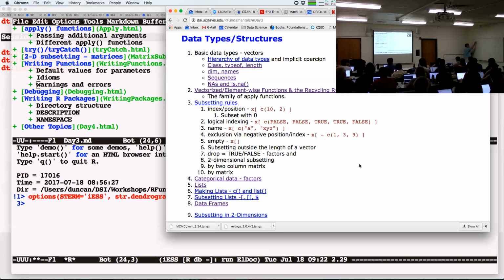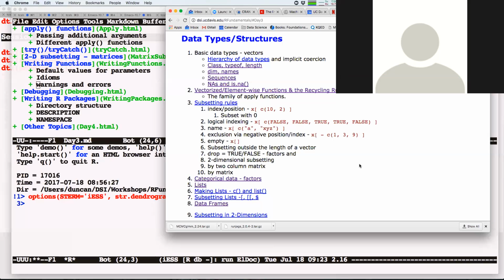And in my notes, there's a big difference between c of x and y, and list of x and y. Because if these are two vectors, R will try to actually concatenate them together. So if this is a vector that looks like this, and this is a vector that looks like this, it will treat them like that and say, oh, look, I can make one big long vector. Whereas this statement is basically saying I want to list two elements, x and y, and that's why this works. So c versus list is a very common mistake that people make: I can save 3 characters by typing c instead of list, and it almost does the same thing most of the time, but not all the time, and it can be very bad news, okay?